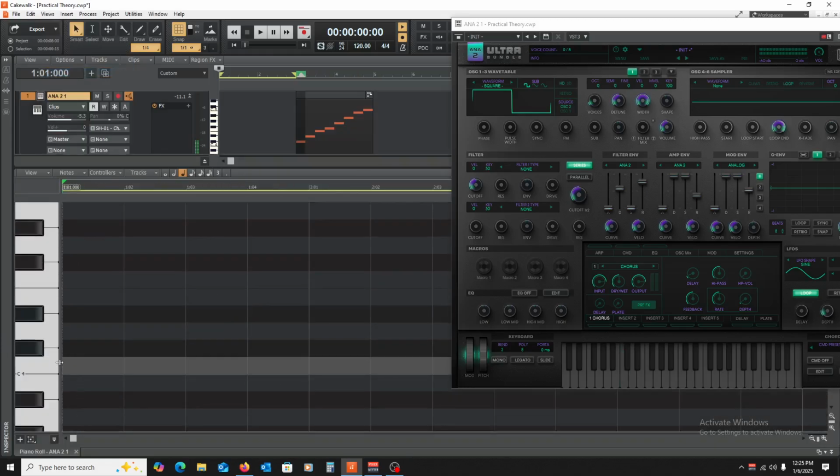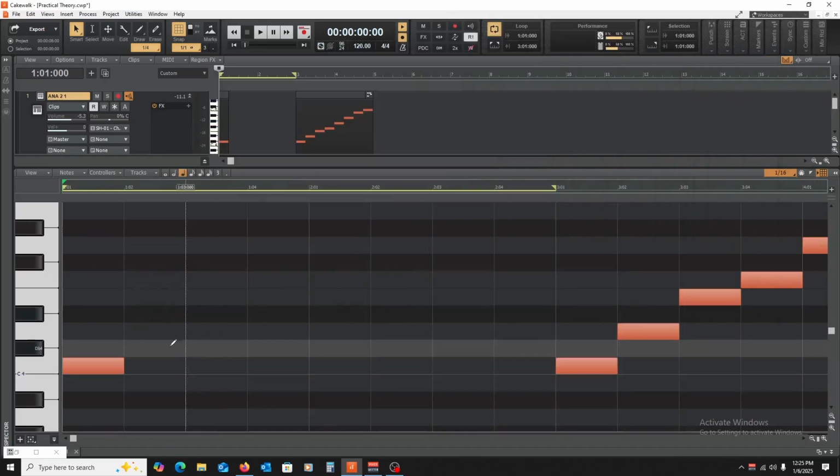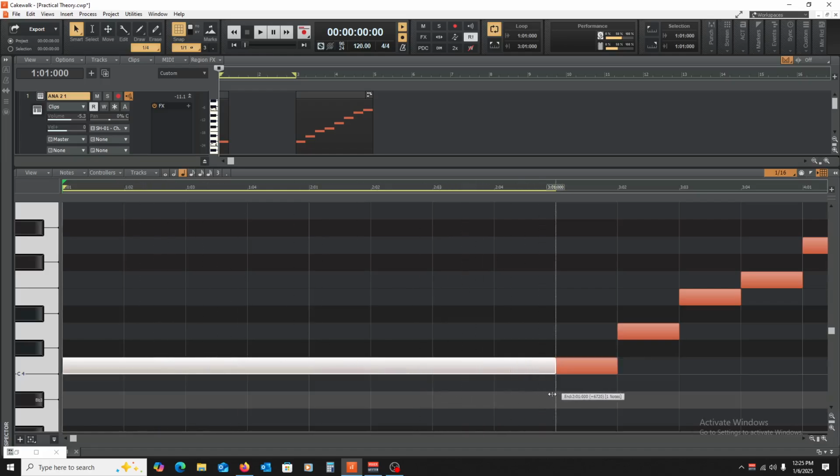Let's just have one held out long note for 2 bars.